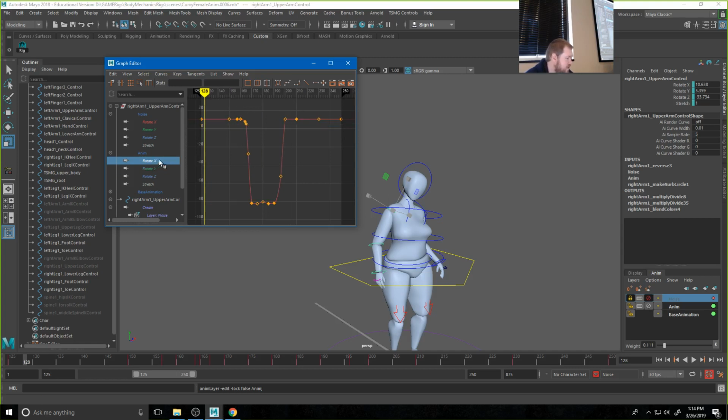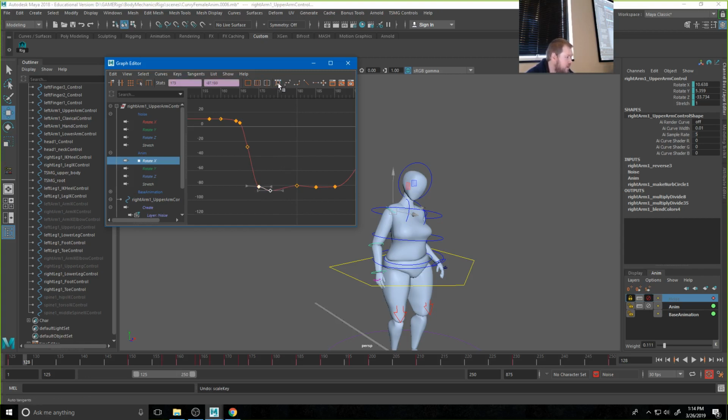You'll see where she raises her arm up on rotate X. It really just feels like it kind of hits a wall there. And I still feel like it needs that extra push of cleaning it up there to get some overshoot. And even here, it hits really hard. I still feel like it needs that extra keyframe for easing in and stuff like that. So that's one of the reasons I still like